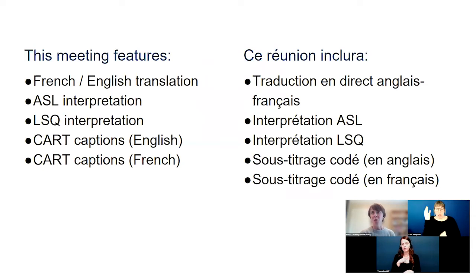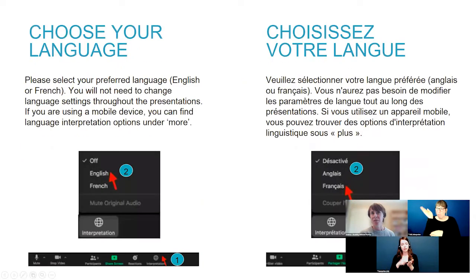So please take a moment to adjust your settings as appropriate. What that means is you can select preferred English or French. It's in the bottom right-hand corner. You do this by selecting the interpretation option on your Zoom menu. Once you select this option, you will not need to change language settings again during the presentation. But you must select a language, even if you want to hear the presentation in English. If you're on a mobile device, such as a phone or a tablet, you can find language interpretation in the